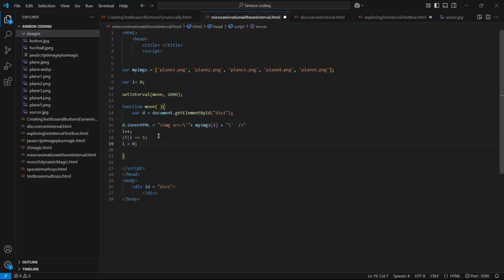So let me see. Have you reflected the changes in your code? Yes, but not all of them yet. Oh yeah, reflect it.